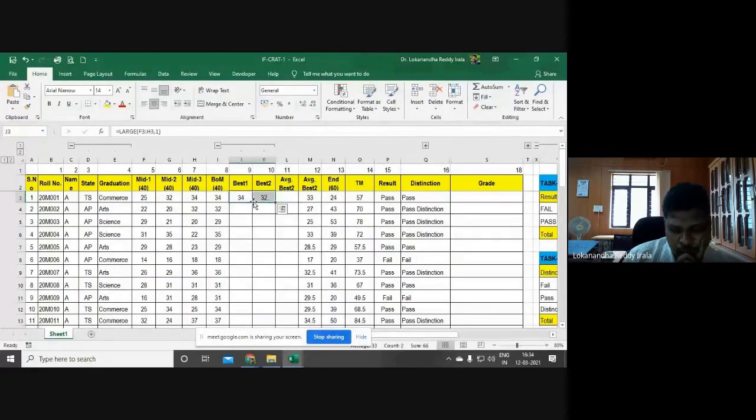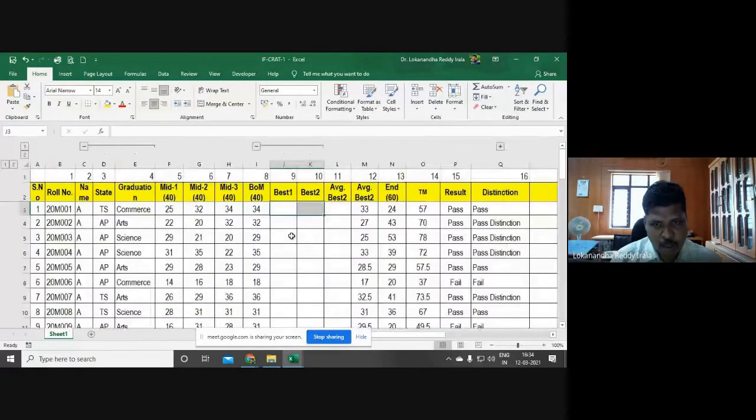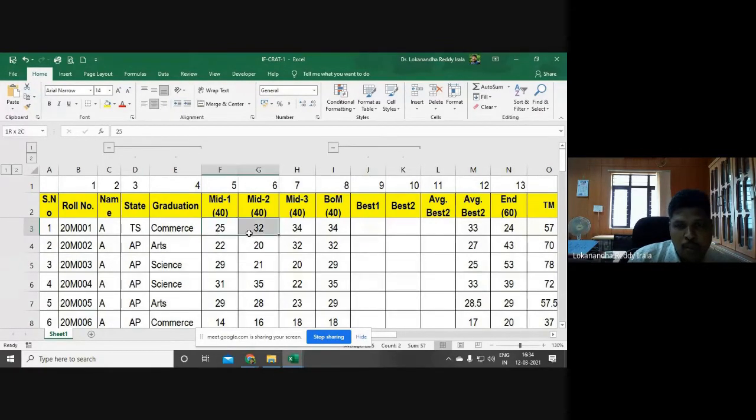See, what I've done is here, just before we go and see what Naeem did in one go, I've split that into three parts. Then I'll mix all of them into one part. See, the first thing is, if I want to know the average of the best two things, I should first pick up 34, then I should pick up 32, and I should take an average. Here, I should pick up first 32, then pick up 22, and I should take the average of 32 and 22.